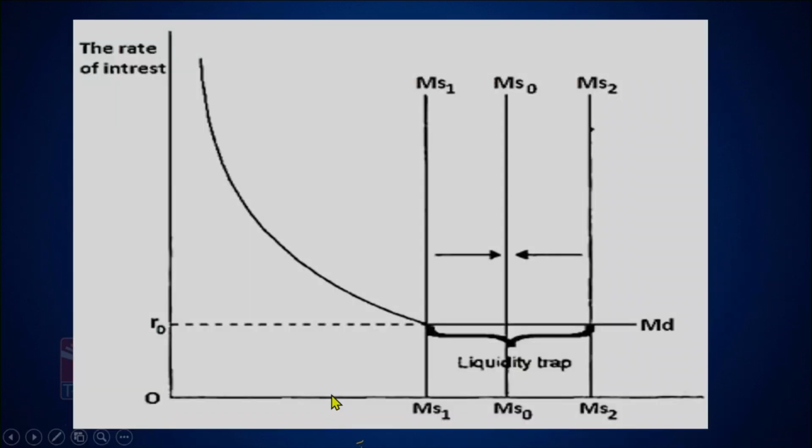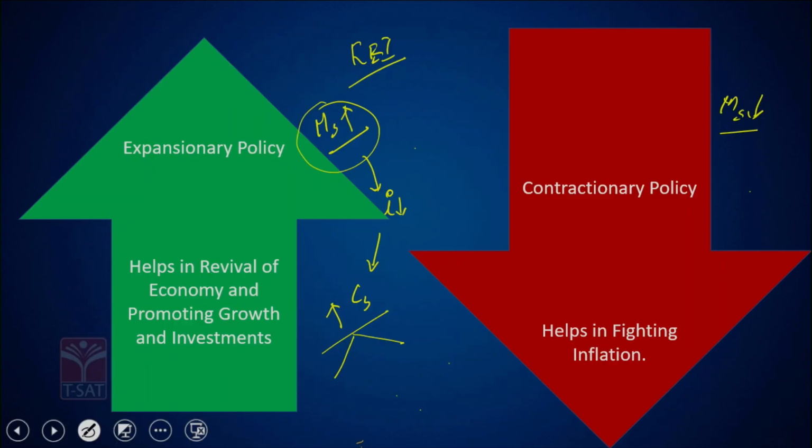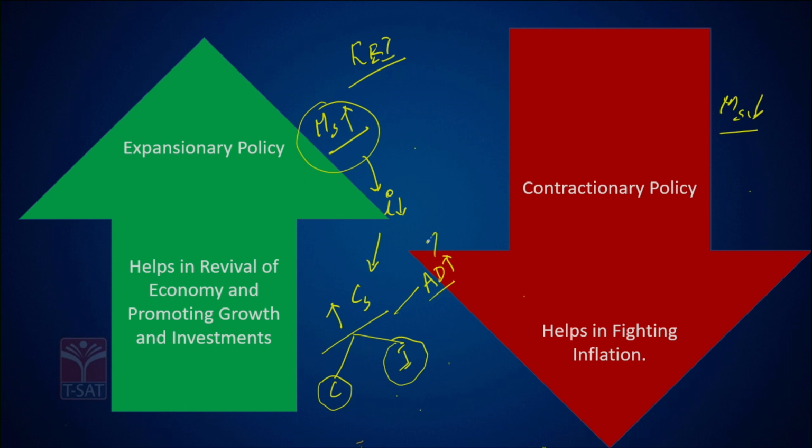And once credit supply increases, what do you think people would be doing with this money? They either go for consumption spending or for the sake of investment. So when more people borrow money and spend it, or when more investors borrow money and invest, creating capital assets, what would be the impact on the economy? The aggregate demand in the economy increases. When the demand increases, the production of goods and services increases. As a result, employment opportunities increase, the income of the people increases, and that would again further raise the demand. And that's the basic reason ideally the expansionary policy of the RBI is used to help in the revival of the economy and promote growth and investments.